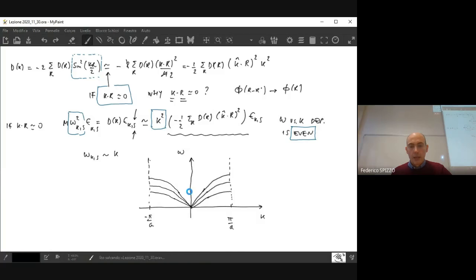Now, in your opinion, what is the physical motivation behind the fact that here the omega versus wave vector dependence is, let's say, linear? My point is, why, in your opinion, does omega go to zero as K goes to zero? So why is the frequency of an oscillation that has a very, very large wavelength close to zero, or very small?